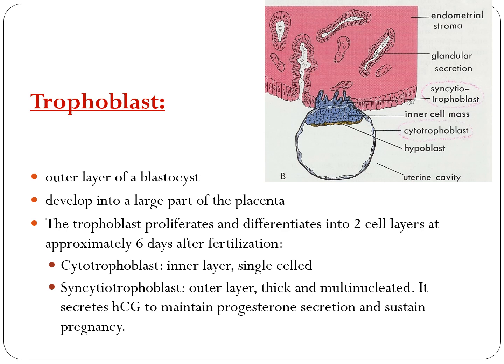As mentioned, the trophoblast is the outer layer of the blastocyst where the large portion of the placenta and its membrane develop. It's nice to know the single cells, but don't forget the trophoblast. Of all, it is the trophoblast. The trophoblast proliferates and differs into two cell layers at approximately the 6th day of fertilization.